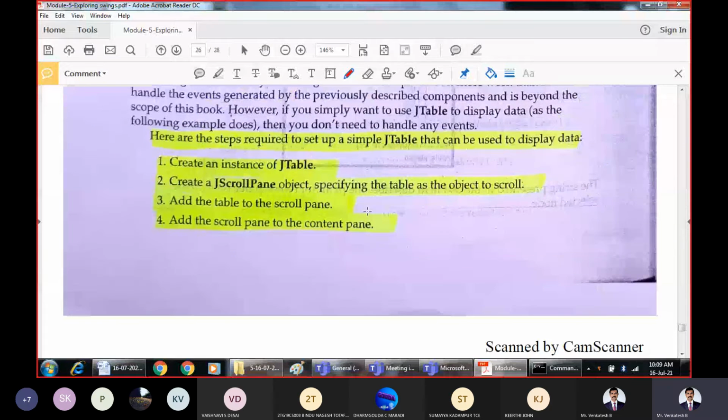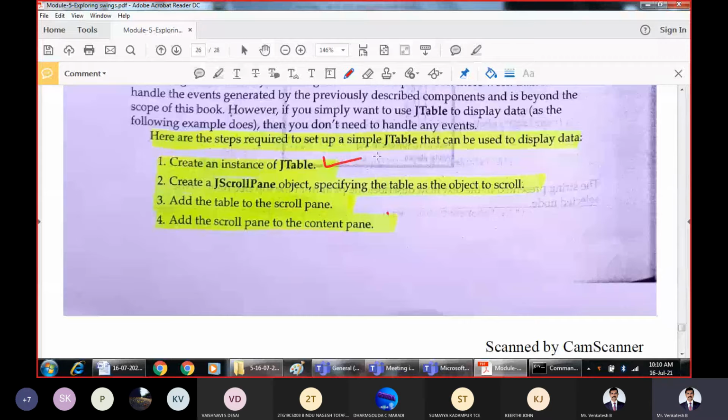Right. So the simple steps to implement JTable are as follows. First, create an instance of the JTable. That means first prepare the table by passing rows and columns of the data.